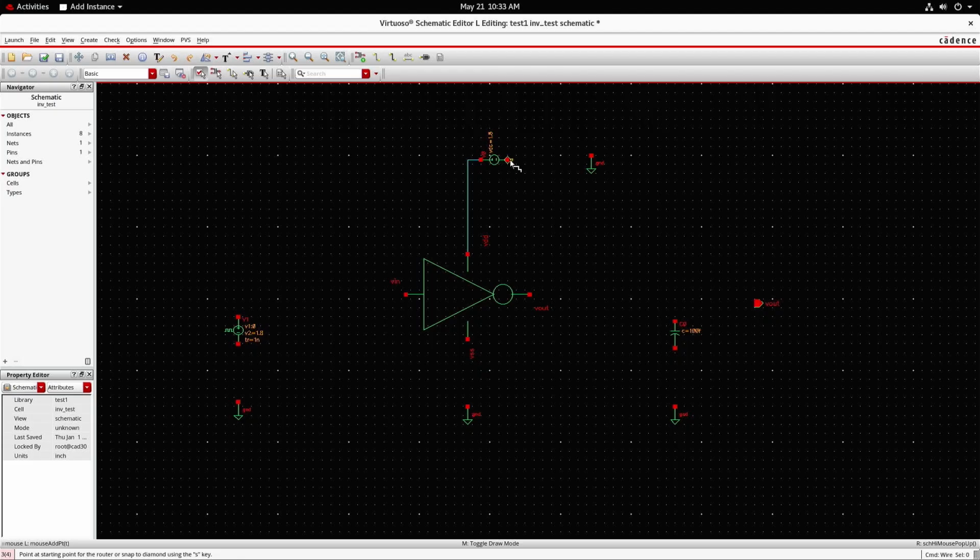Once it is done, complete the connection by clicking on wire option from VDD to positive of your supply and negative of the supply to the ground, and VSS to ground. Then V in pin to positive of V pulse and negative of V pulse to ground. Then output of your inverter should be connected to V out pin, and from capacitance one end to output, other end of capacitance to ground. After completing the connection, check and save for completeness.